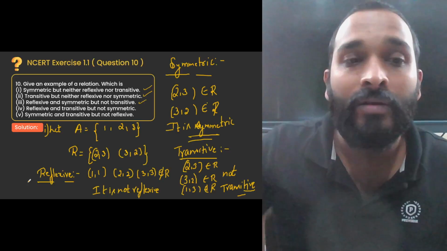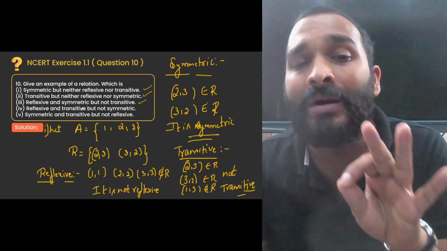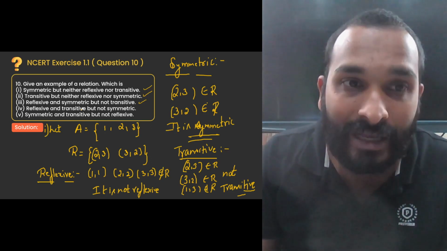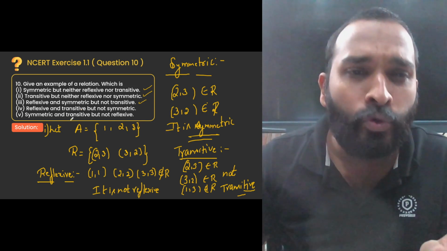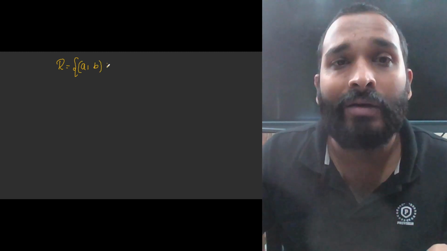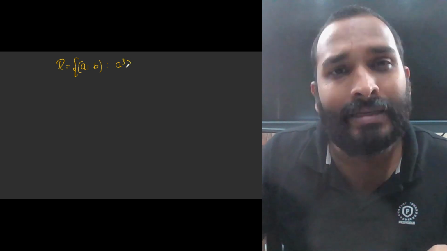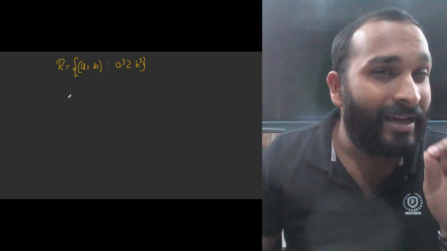Now observe here children, in the fourth sub question they're telling you the relation should be reflexive and transitive but not symmetric. Try to understand. Now we'll take some unique relation to prove that. You need to keep it in mind children. I will take this relation on the set of natural numbers again, because most of the time when you take natural numbers it is easy for you to prove. So now I'll take the set of natural numbers where a cube is greater than or equal to b cube. Yes, why I have taken this unique relation, let me tell you.